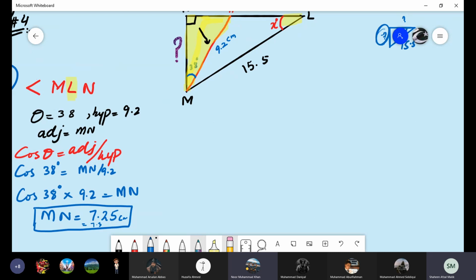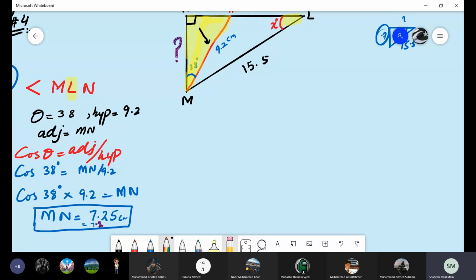So I am writing this: 7.2496, 7.4. It's 7.244. 7.24, so it will be 7.2 only. Ma'am, after 4 there is 9. After 4 is 9, so that is the third one. Then we will not round it off, Noor. We are rounding off depending on the second value, not the third one.